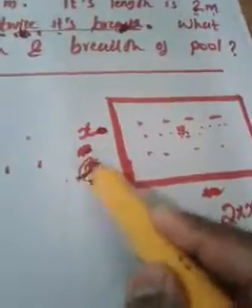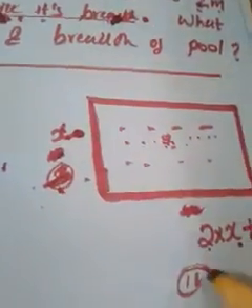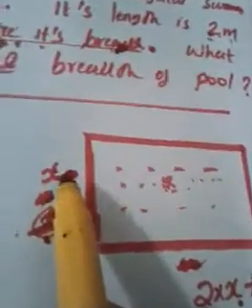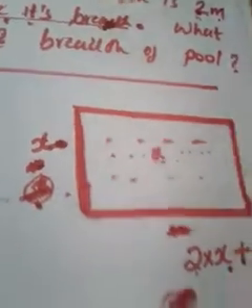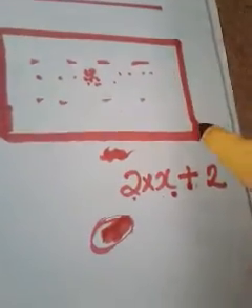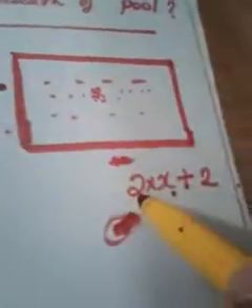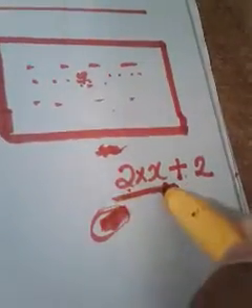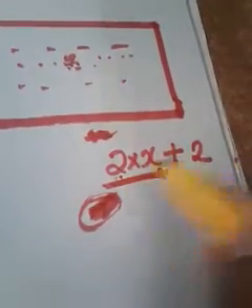Just like that, suppose the breadth is x. You cannot consider the breadth as 5 or 10; that was just an example. For better understanding, you must choose the breadth as x. If you consider breadth as x, how will we get the length? I have to add 2 with the double of breadth. The breadth is x, so double of breadth is 2 into x. Then 2 more than, that means plus 2, so 2x plus 2.